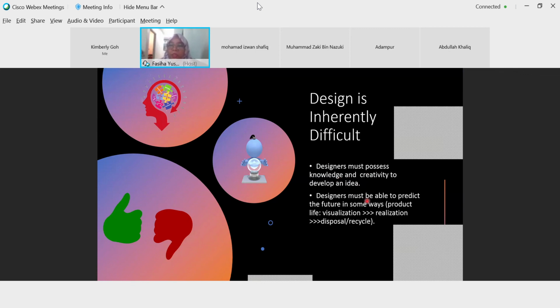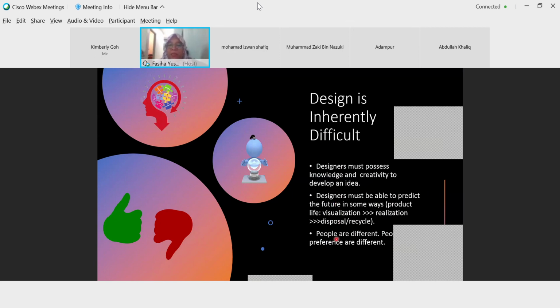Also, designers must be able to predict the future, like what I mentioned just now. We plan five years ahead, ten years ahead. How do we actually predict? Sometimes we fail here. You must be able to visualize things.